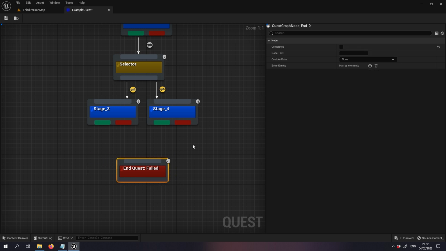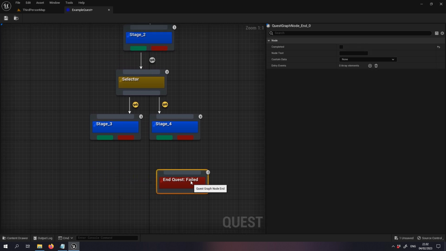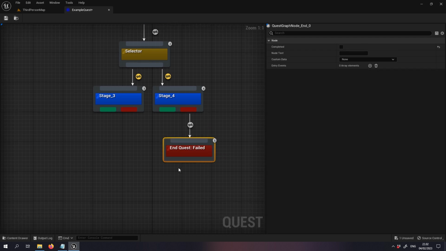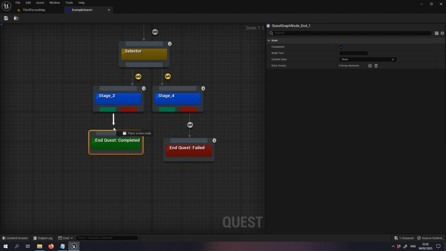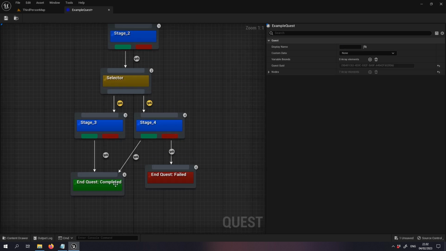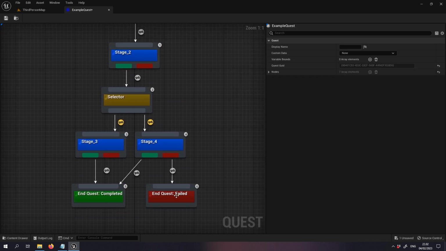So if I want the quest to fail at a certain point, I can make it fail. For example, if stage 4 is failed, the whole quest is failed and ended. And in all other cases, I might want it to be completed. So this is the way you will